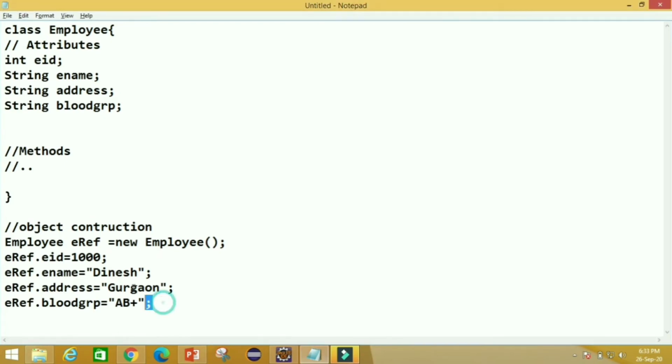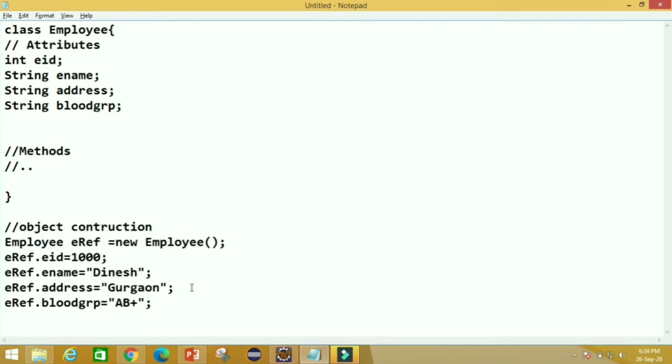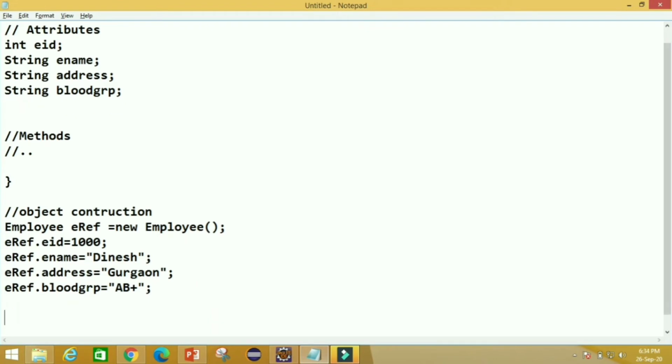So guys, this is the traditional approach to construct an object in Java. Now we will see what Spring can do for us.